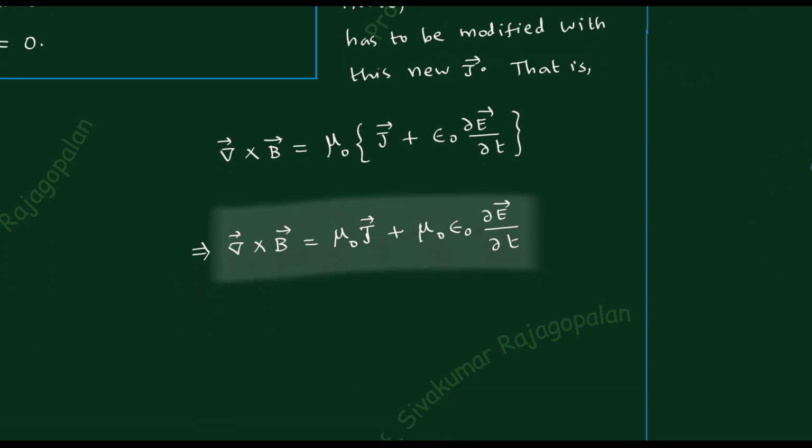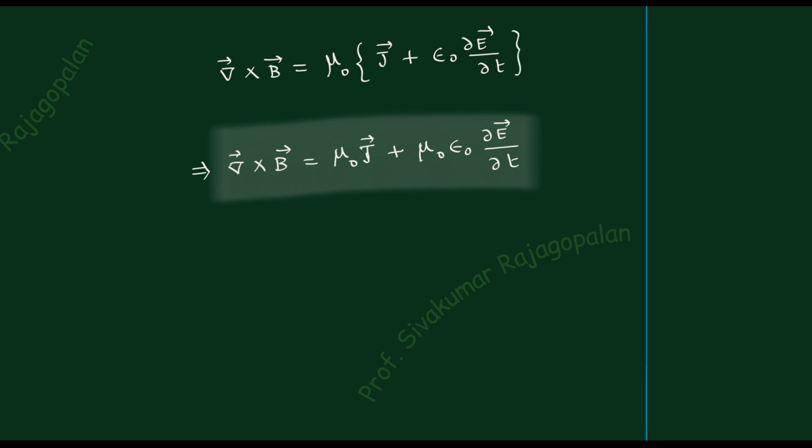And you got an extra term, right? You got an extra term which is the last term. The last term is the extra term when compared to the original Ampere's law, and we will call this the correction. The correction is done by Maxwell. So we say that it is a Maxwell's correction to the Ampere's law. So finally, we have now made another